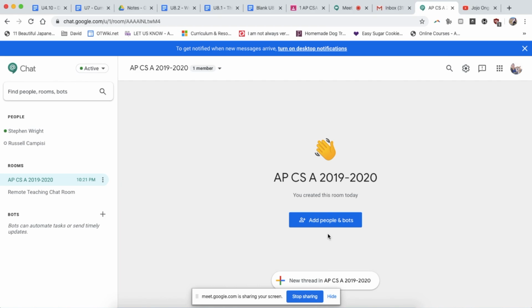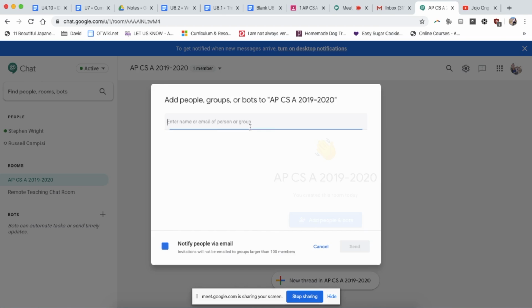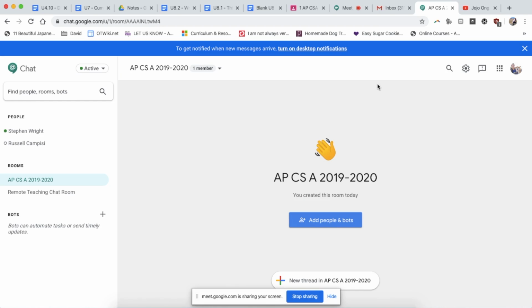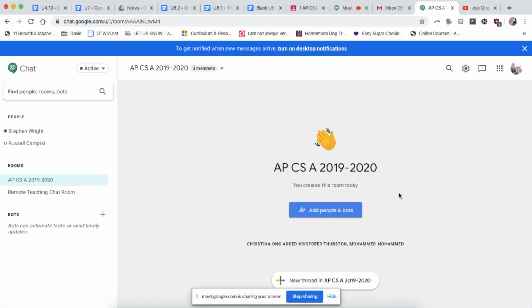So if I want to add someone, say Chris with a K, there you are, and Mo. Then once I send it, they can come onto this chat room, and then say